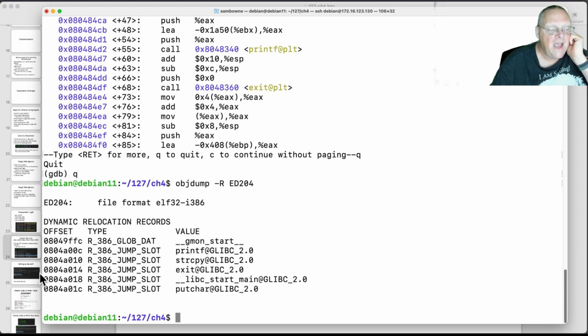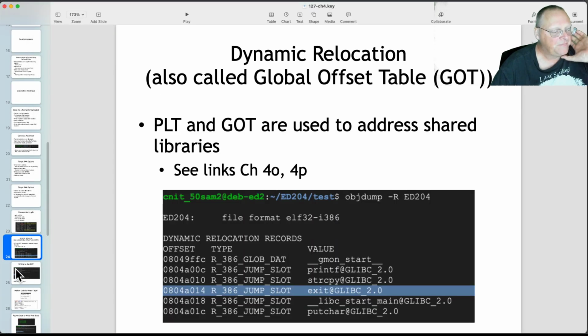These are the addresses with pointers going to the functions used. And see, not very many functions are used in this simple program, just printf, strcpy, and exit. So we can overwrite this address, 0804A014. And then that address will be used to find the exit routine. So that's our target.